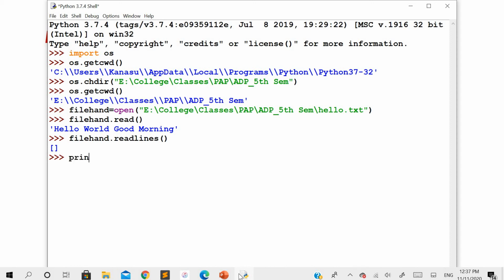Or suppose you have a larger amount of content in the file, you can go for using readlines. At that time you are going to get the result in the form of a list. Right now you are not getting much into this list because you have very little content in this file.